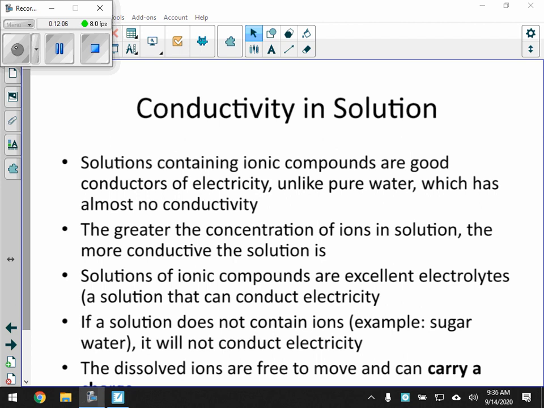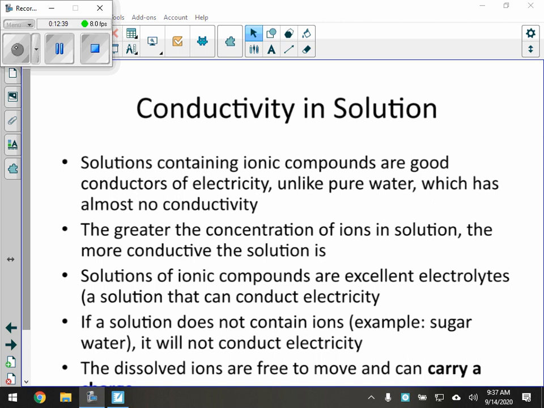So conductivity in solution, we're on the back page here, by the way. Solutions containing ionic compounds are good conductors of electricity. When you put them into water, they tend to break up to some extent. We're going to talk about that a little bit, but they will conduct electricity in some way, shape, or form. Now, they might be not great conductors, and they might be very, very good conductors, but they will always conduct electricity. Sometimes we call those electrolytes in some cases, but they will always conduct electrical current to some